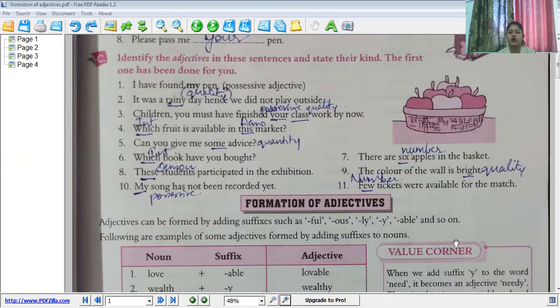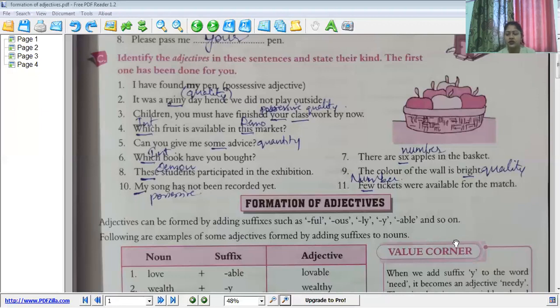The same for this market. This is demonstrative. I've written demo. Those of you who cannot see the PDF properly, you listen to the explanation as well as you listen and match whether your answers are correct or no. This market. So this is